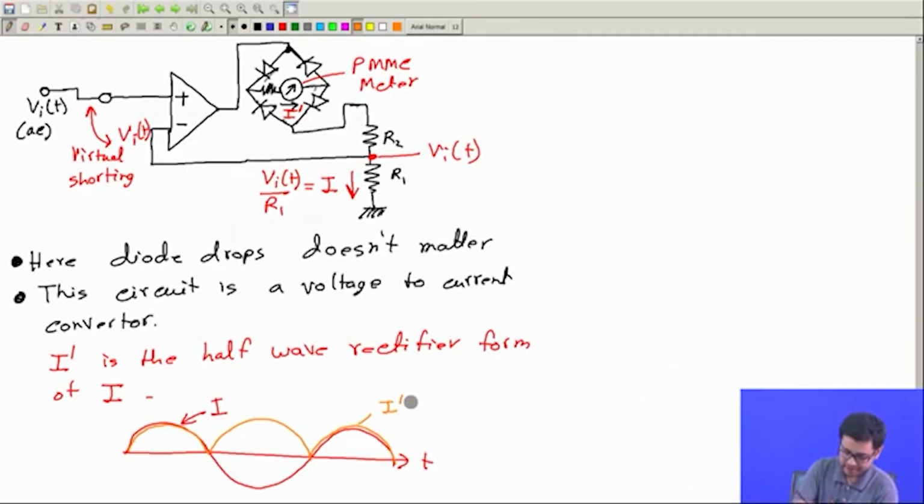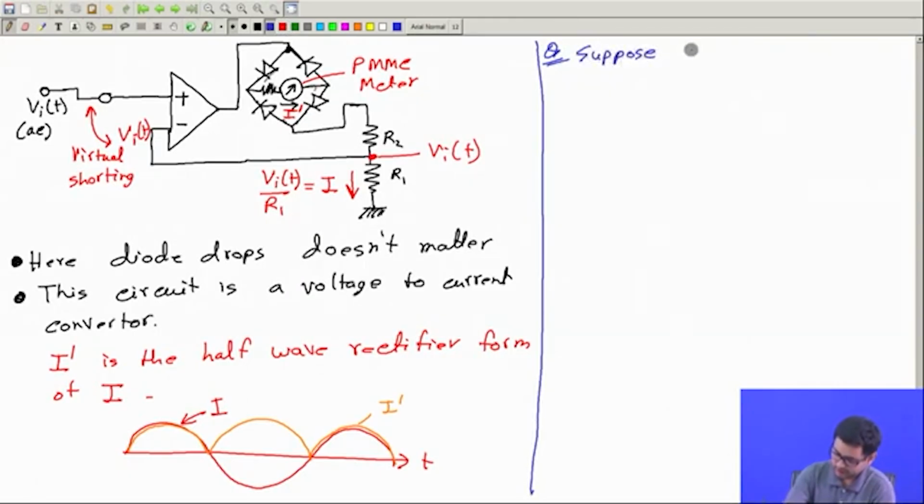Now can we take a numerical example on this? Okay, let's take a numeric example for practice. Question: suppose R1 is equal to 10 ohm and the meter reading is equal to 1 milliampere,